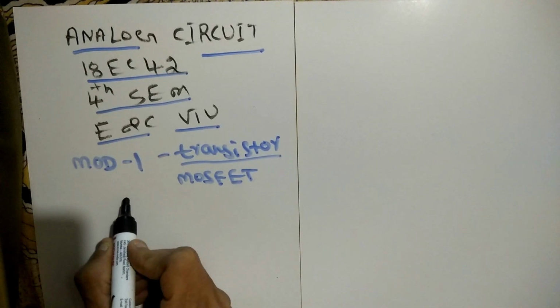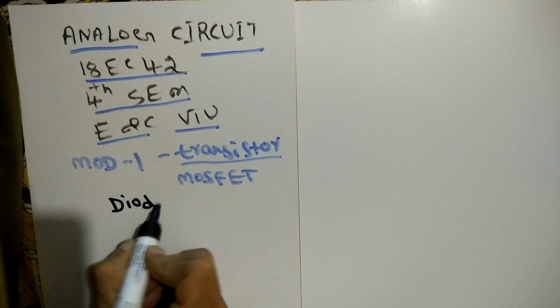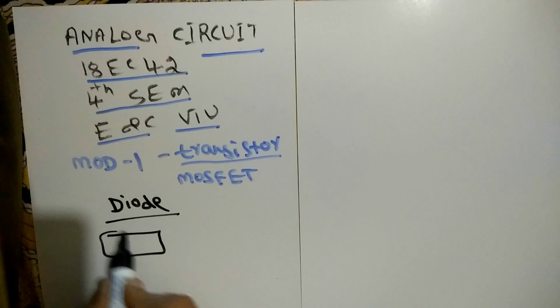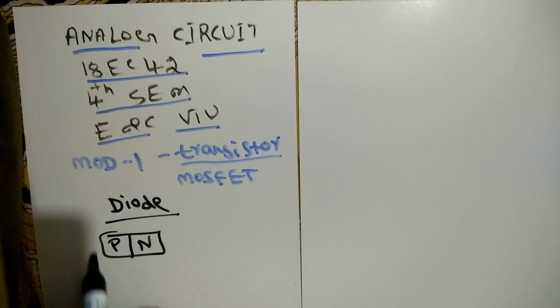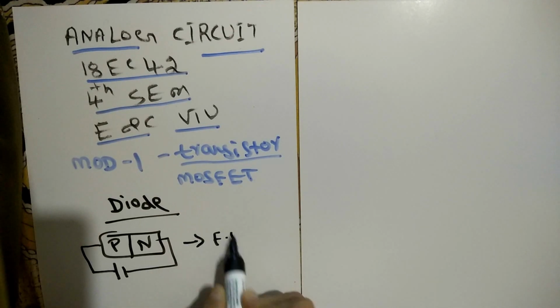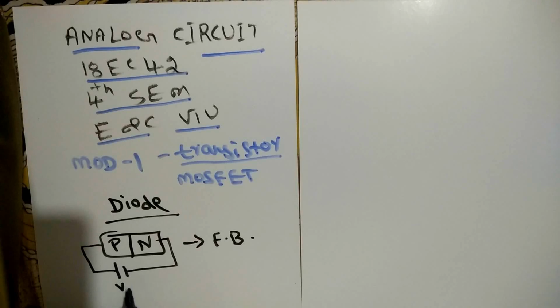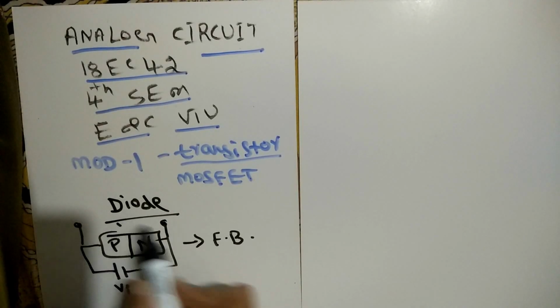Previously, we discussed the main electronic device called the diode. So what is this diode? We know that it is nothing but a PN junction. We have both P and N type. There are two possibilities in a diode. One is if we give the DC positive to P and negative to N, we call this technique forward bias. Whatever we give is Vi, and we get the output V0 on the diode.